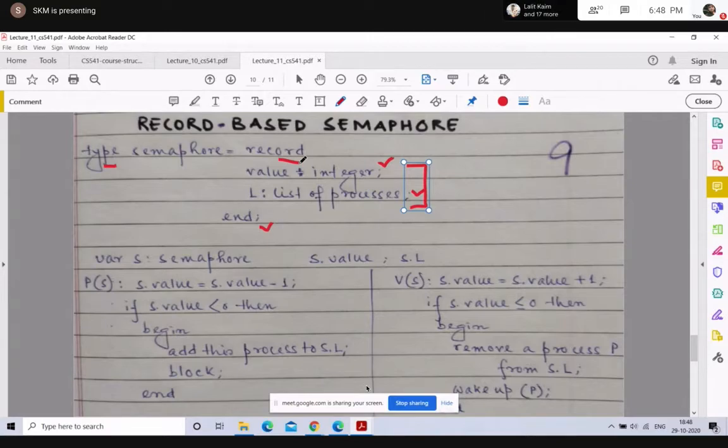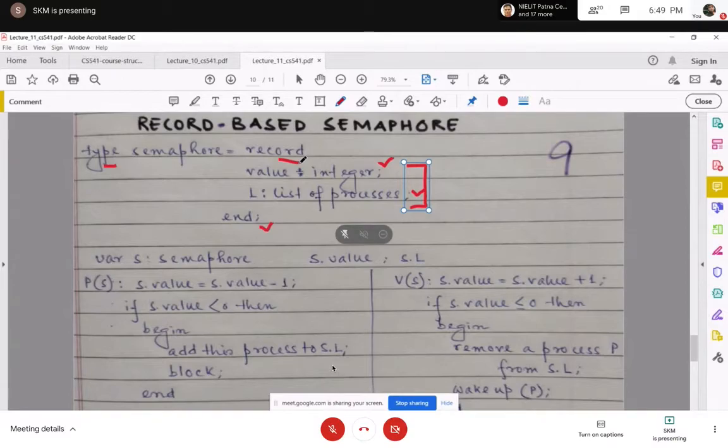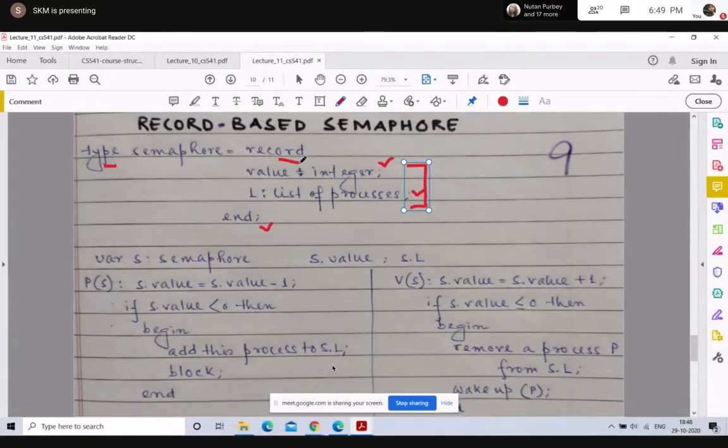This record will have two fields. One is the value, of type integer, and another is L, which is a list of processes. And we end it with the type declaration. Now, whenever I define a semaphore variable S, it will have two fields, where the value part will be accessed by S.value and the list of processes waiting will be accessed by S.L.